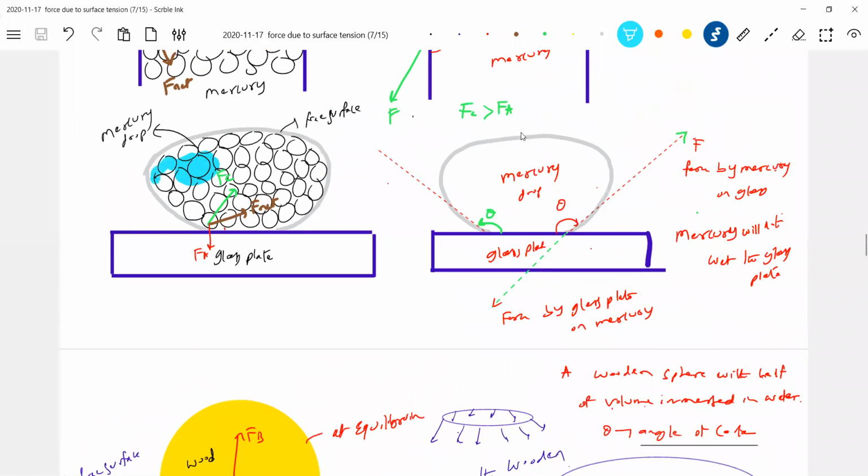Any doubt, you can clarify, because this is the core part of surface tension. That's why I took almost more time, almost one class. If you just open the book, for angle of contact, one definition is there, two diagrams are there, it's over. So almost 2 hours I spent only to generate that idea: force due to surface tension, how it interacts. Because numericals are based only on that. The entire numerical discussion is based on that. Please, all of you think and try to work out numericals. At least you'll get an idea.